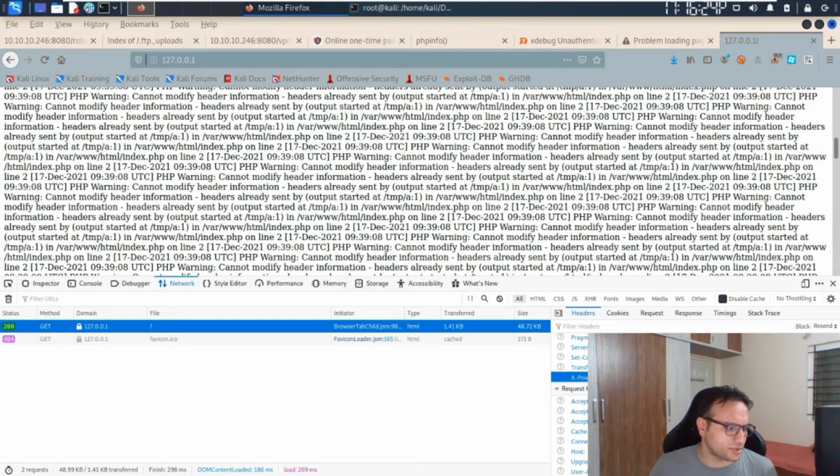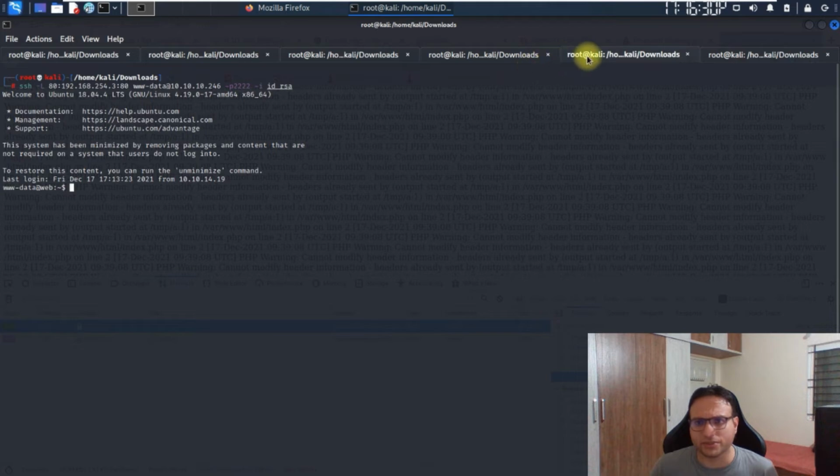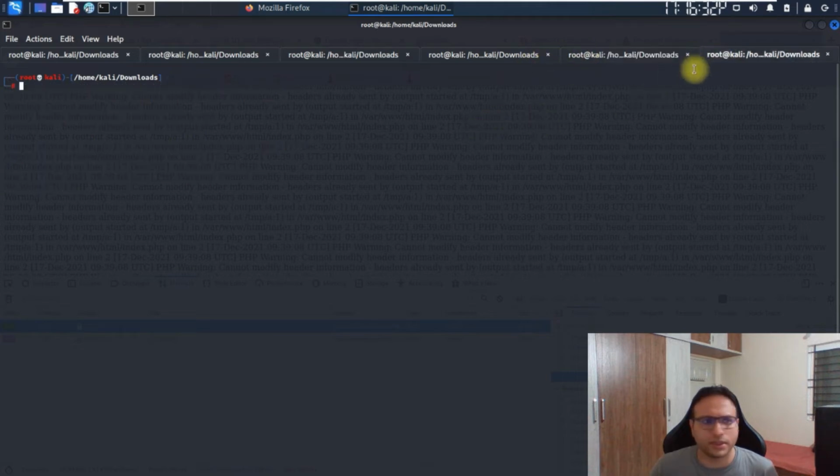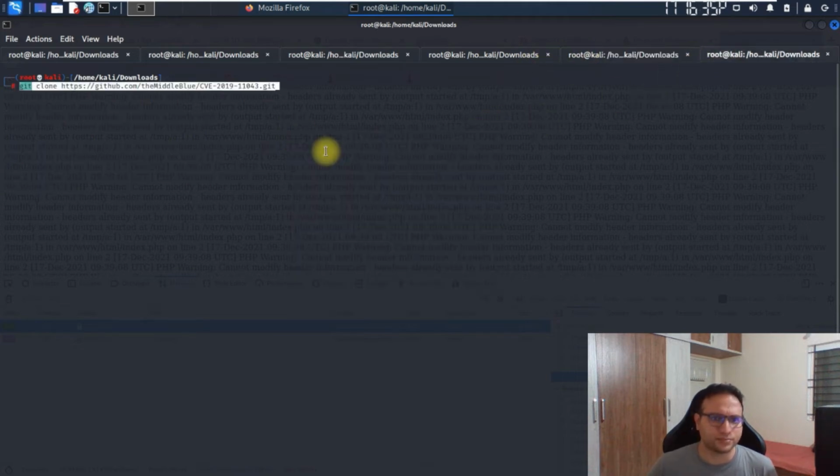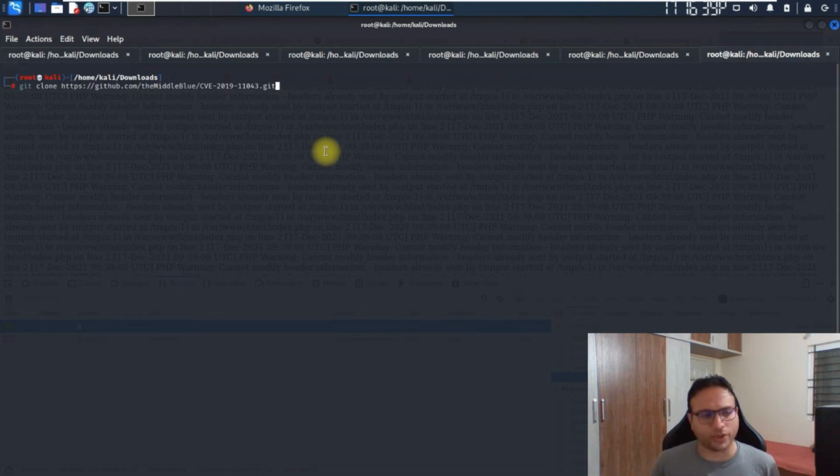I simply have to clone one of the GitHub repositories on my system. Okay, it's already cloned on my system. I don't have to clone it, but I'm just telling you, you have to clone it.